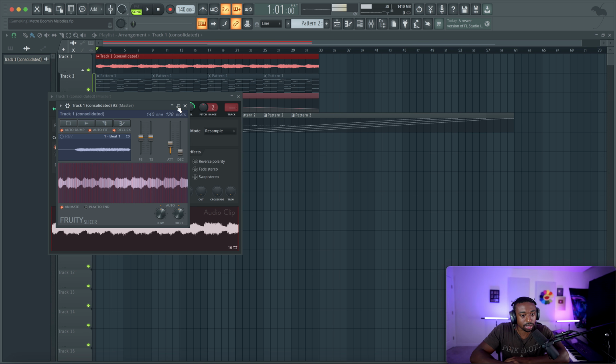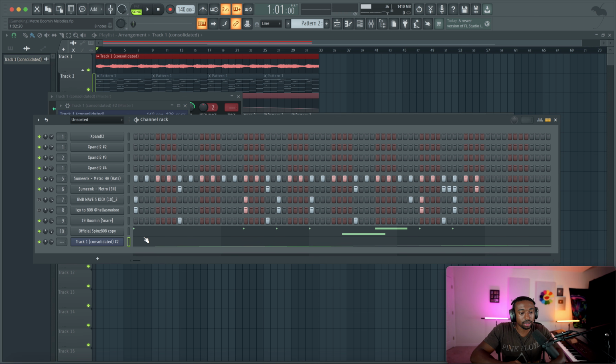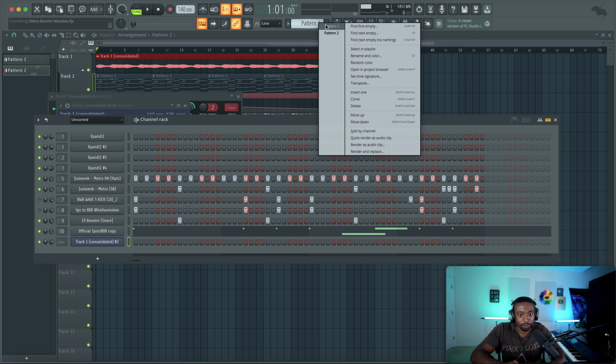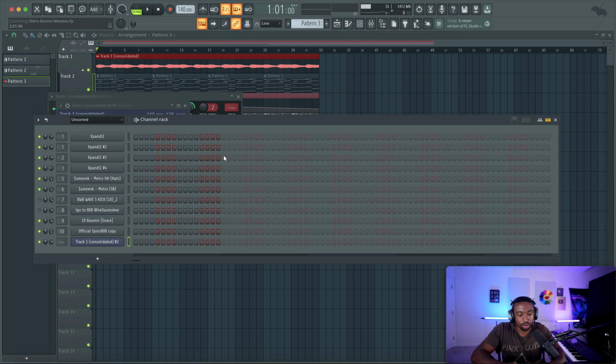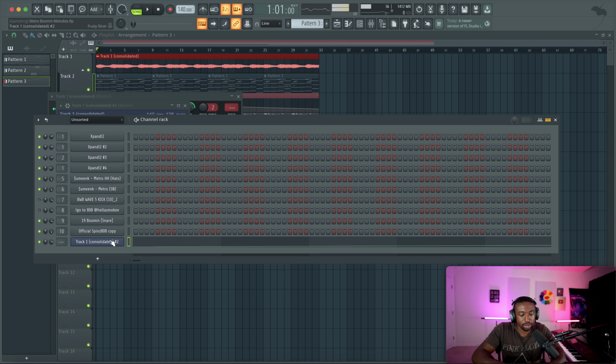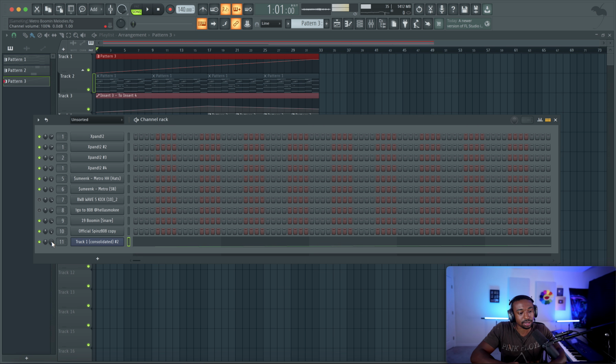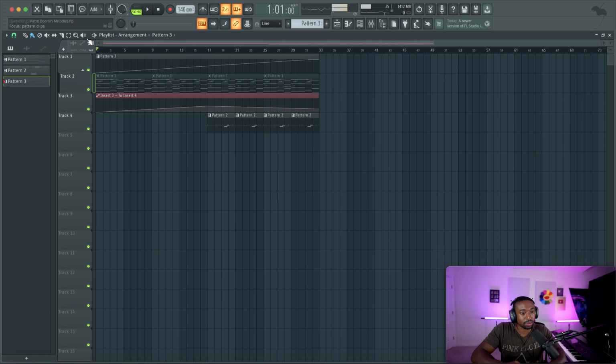This is a Wonder Girl technique. We're going to go to our channel rack, Control X, move to a new pattern. All right, hit Control V. And now basically we just chopped up the melody into little pieces. So you could even go further to have this as a separate melody outside of the notes that we just made. So let's do that just to show you guys the difference.